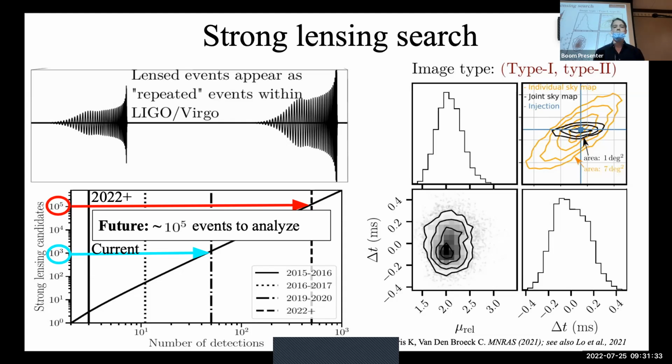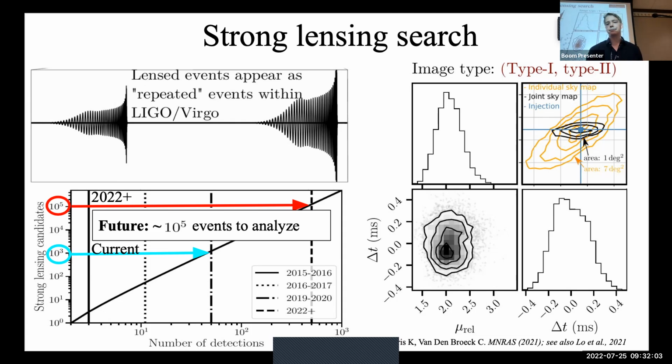So we published some last year a software for doing this strong lensing analysis, both for detecting gravitational wave events that are strongly lensed, but also for combining any detections in a joint analysis to look at the image properties, so magnifications, time delays, and Morse phases of strongly lensed gravitational wave events. All right, so essentially for strong lensing, what we look for is identical signals or event repeaters that come from